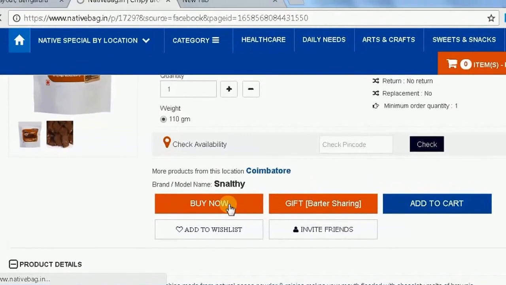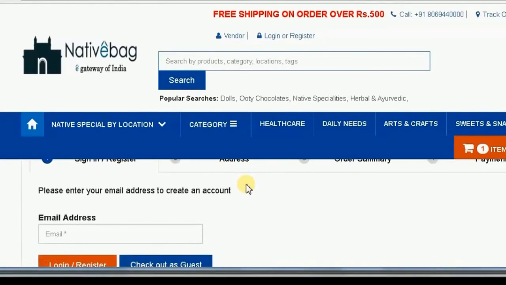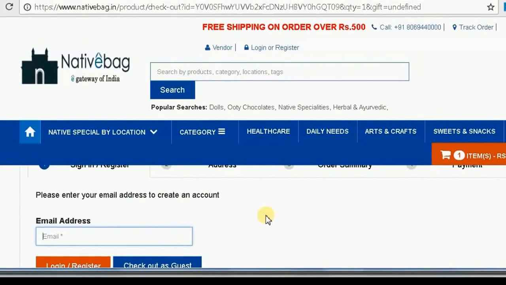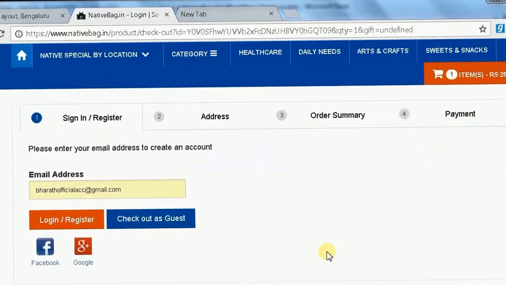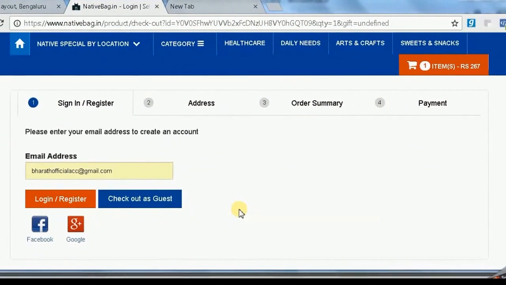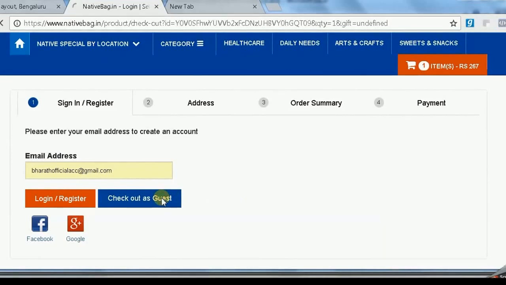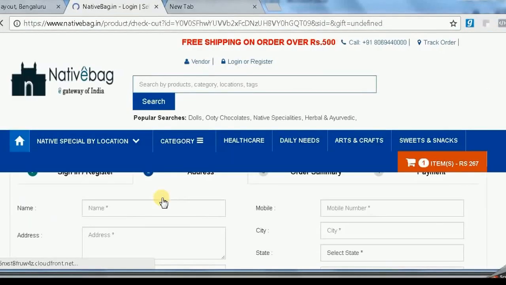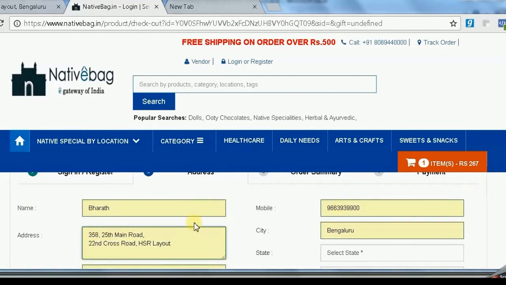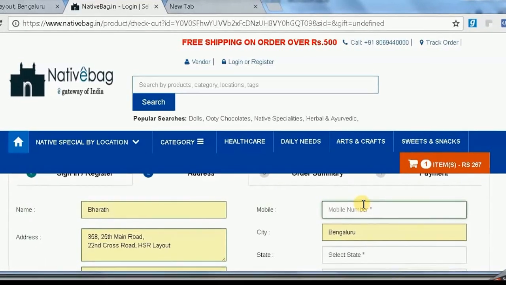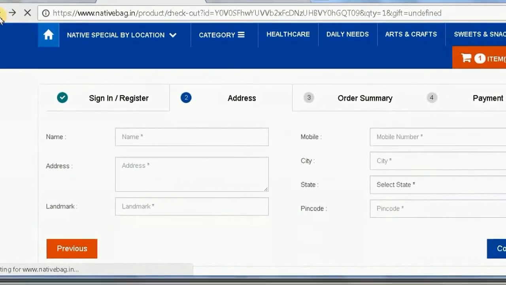Whatever items he buys from here, you can click on buy and he can provide the email ID and do the checkout. Whenever the customer buys the item, that particular order information will have the affiliate as your page ID. So all the details will be stored under your page and you will get the appropriate commission. We'll go back.